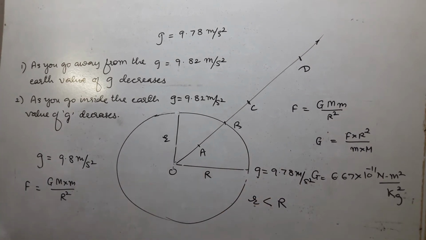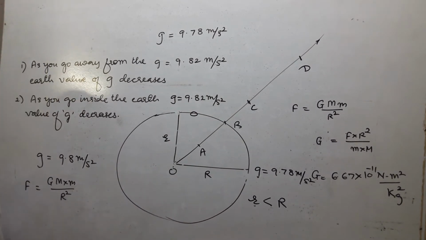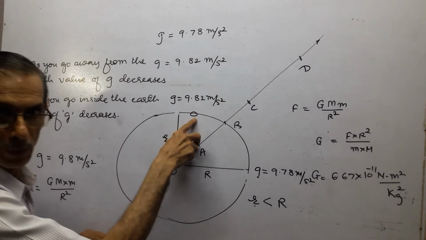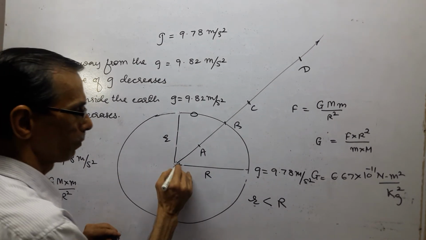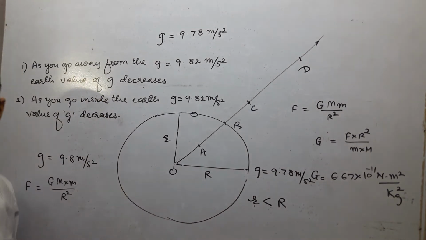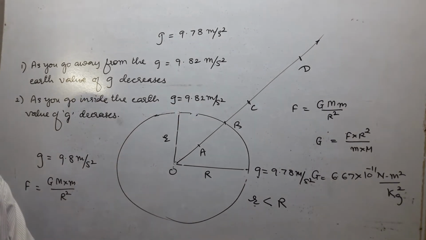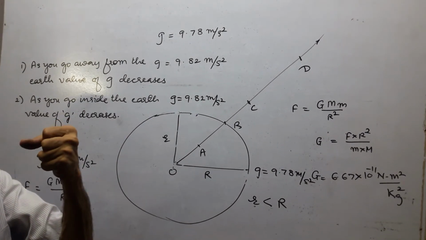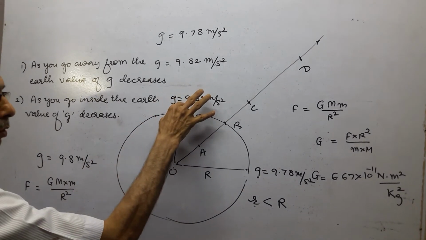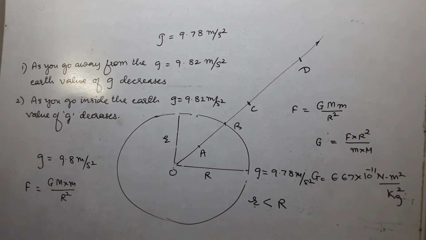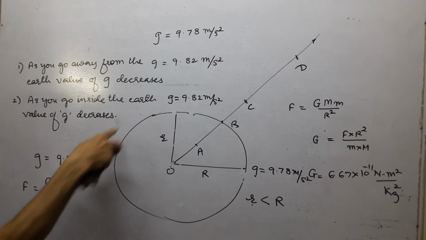And therefore, suppose your friend has brought gold from Russia, and that gold is weighed by a spring balance, then you find that its weight on the equator will be less. And that's why the gold we purchase using an equilibrium balance, not a spring balance. So you find the mass remains constant anywhere because mass depends on the matter of a body, but the weight of a body changes because weight depends on the value of g, and the value of g changes on the Earth's surface.